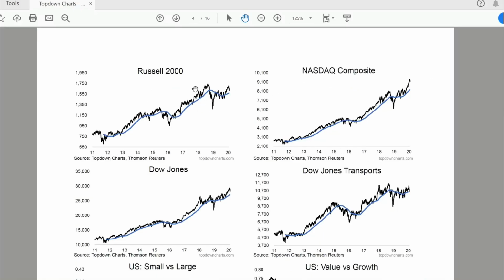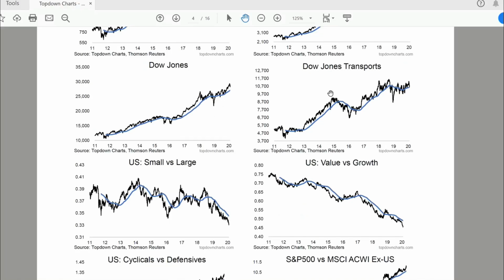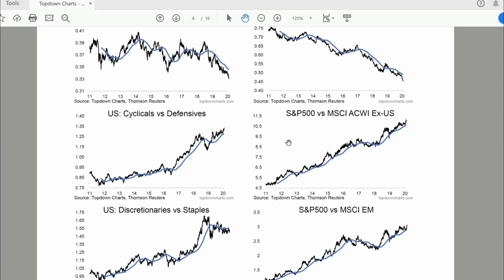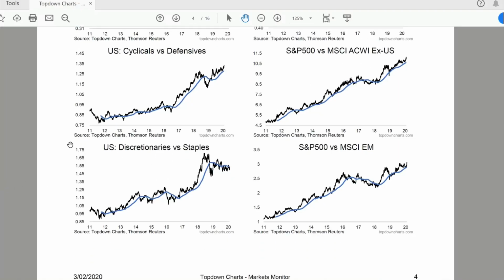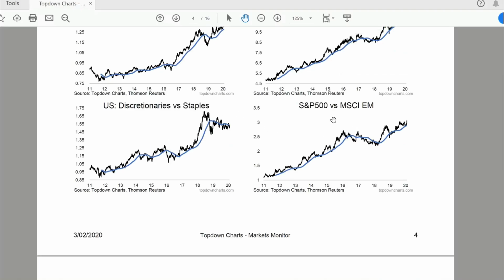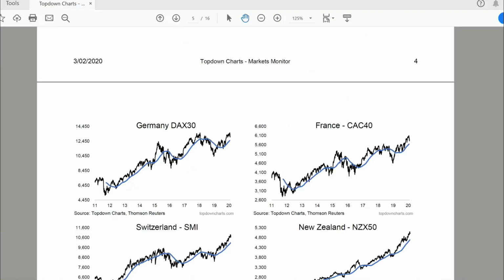US page here, so small caps, NASDAQ, the Dow, in case anyone still watches that. The transports, small caps versus large caps, value versus growth, cyclicals, defensives, S&P 500 versus MSCI ACWI ex-US, which is global equities excluding US. Discretionaries and staples, consumer discretionary staples, S&P 500 against emerging markets, and then through to the rest of the sort